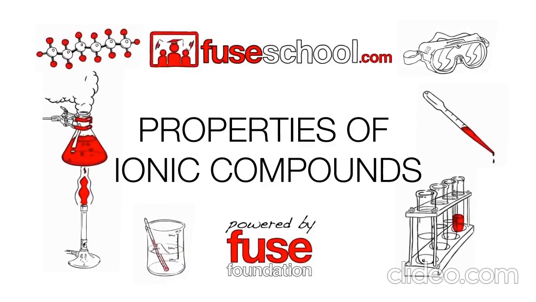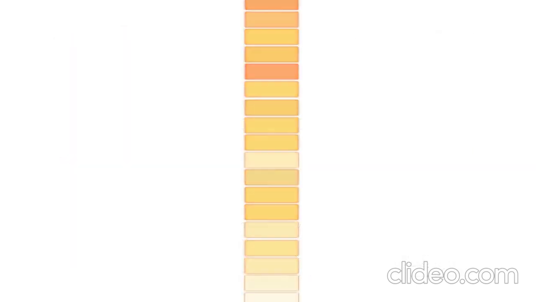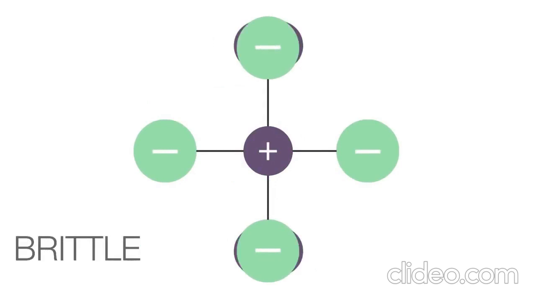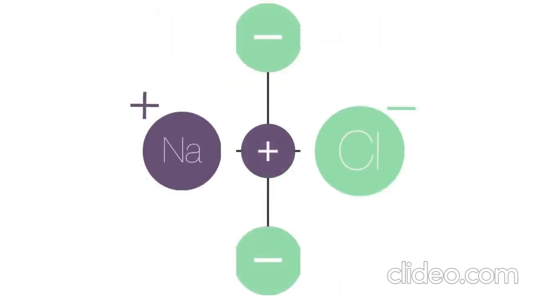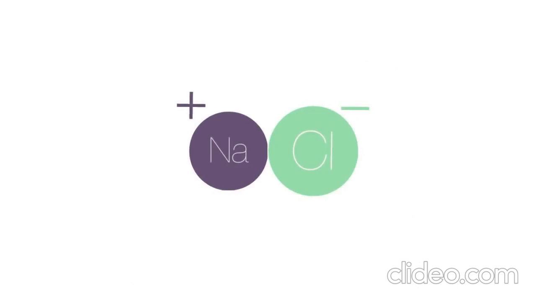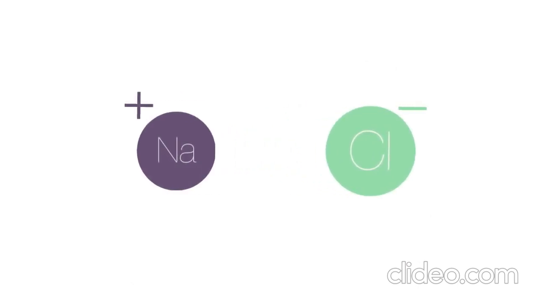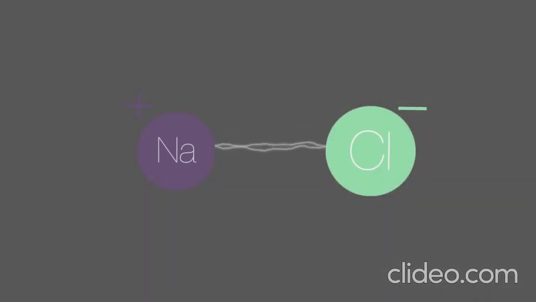These ionic compounds have very high melting points and are brittle because of their 3D giant ionic lattice structure. The strong electrostatic attractions holding the 3D lattice structure in place mean that a lot of energy is required to